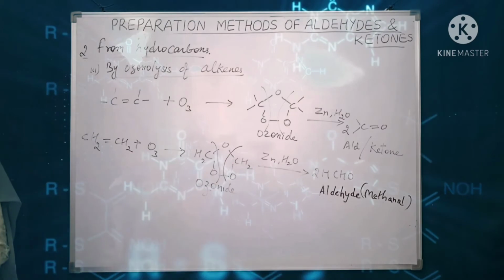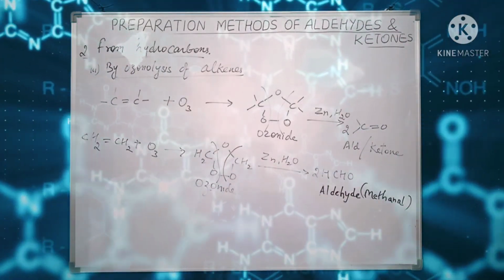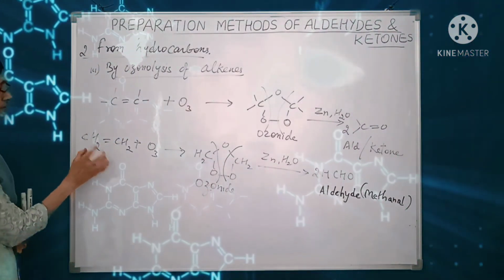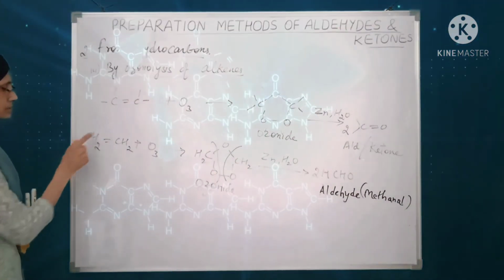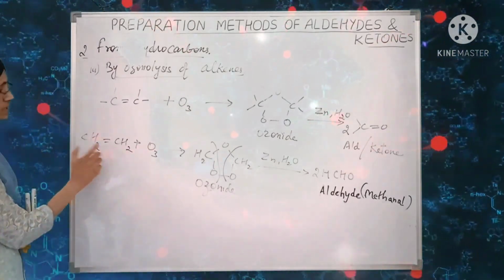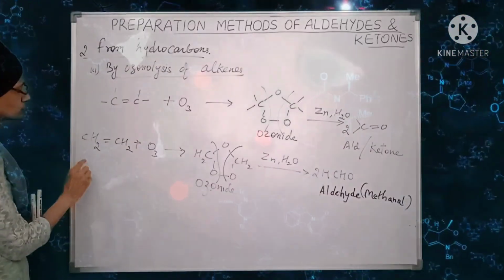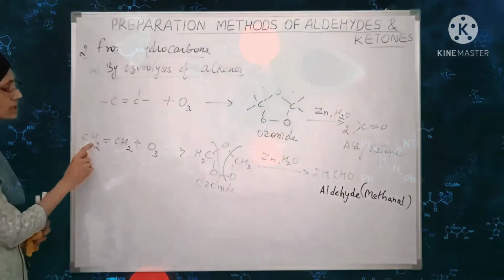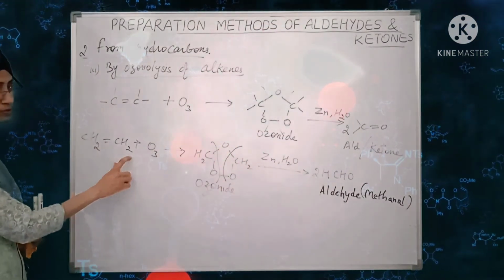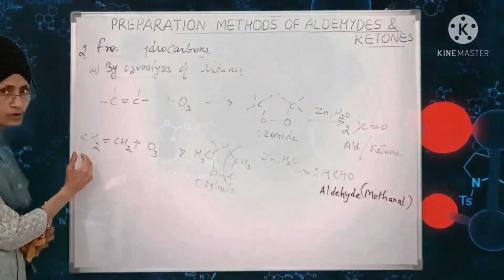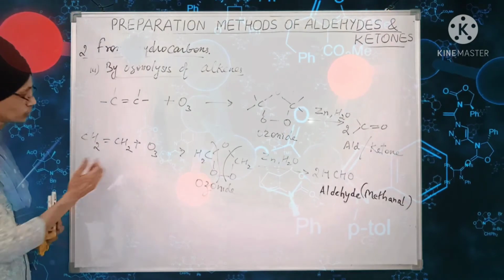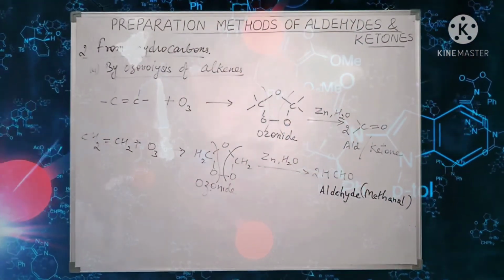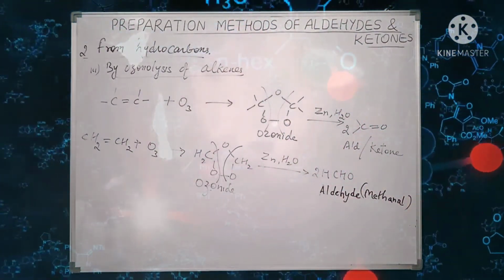Similarly, we can also get a mixture of aldehyde and ketone, depending upon the groups attached to the 2 carbon atoms. If the groups attached to the 2 carbon atoms are the same, we will get the same type of molecules. If we have different groups attached, then after fragmentation we will get different types of carbonyl compounds. Maybe one is a ketone and the other an aldehyde, or both aldehydes, or both ketones. So here we can take one more example for clarification.